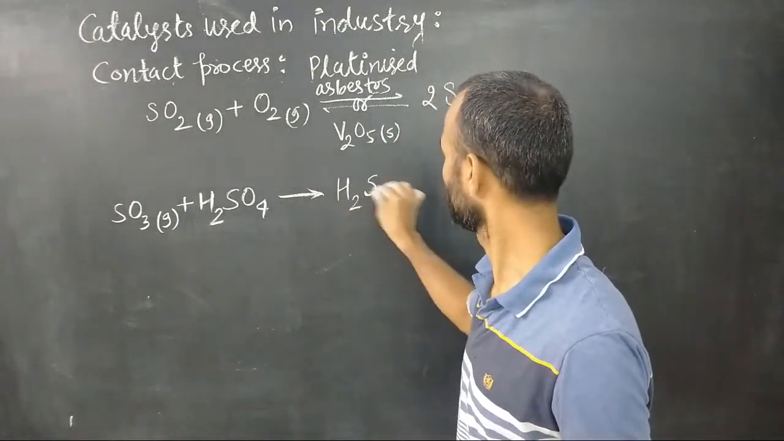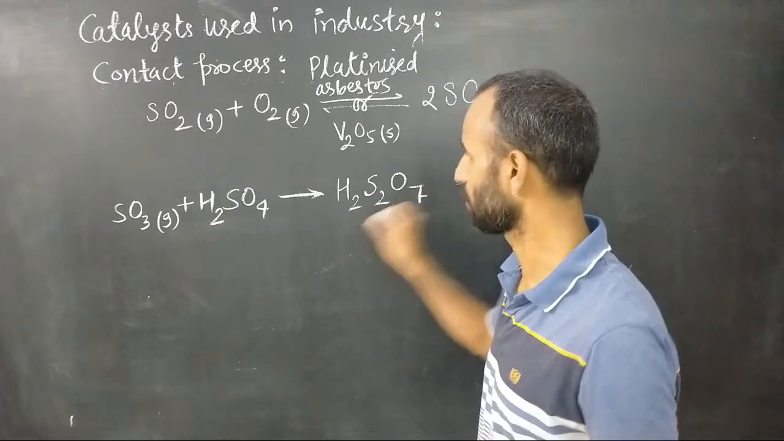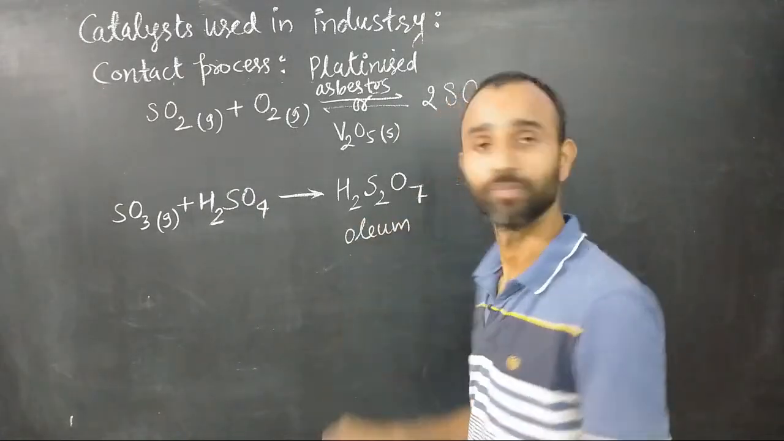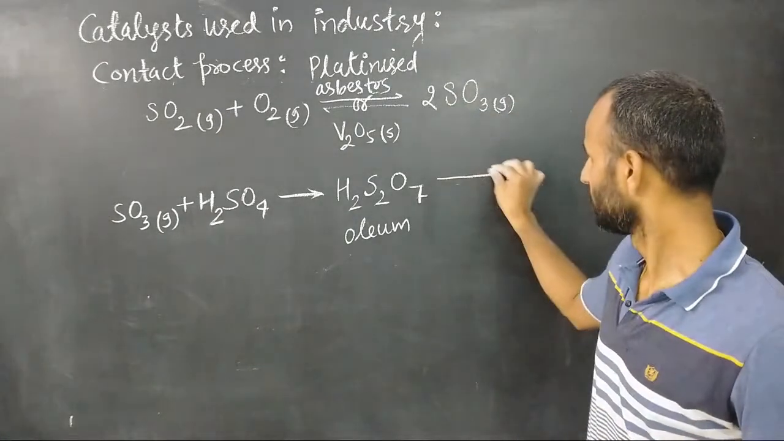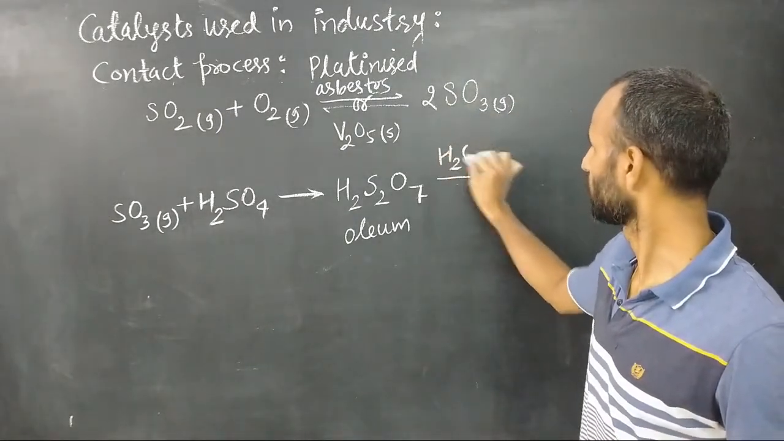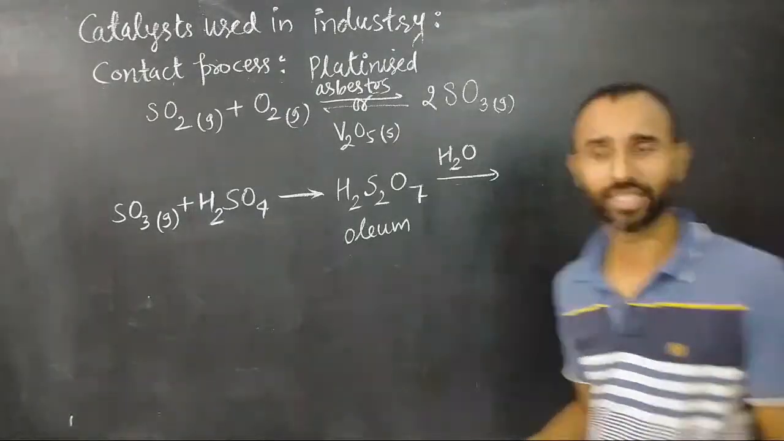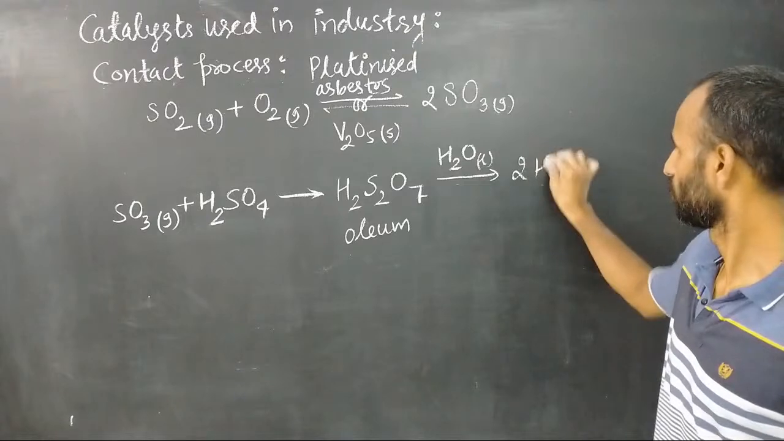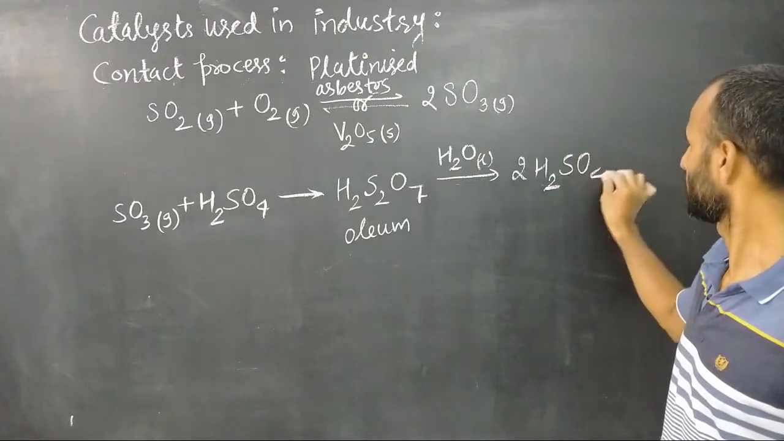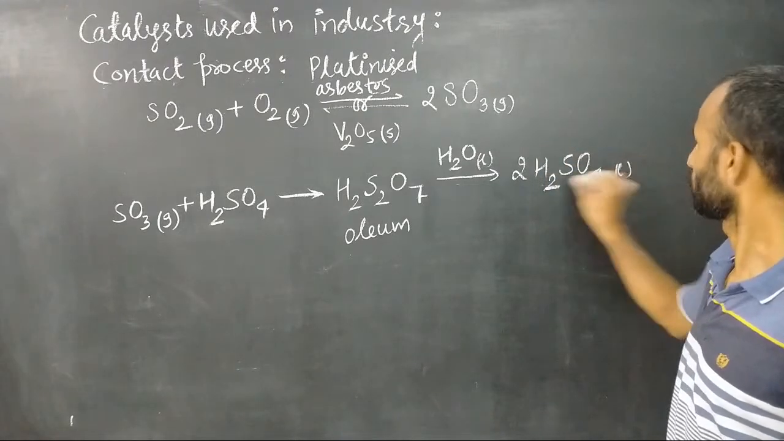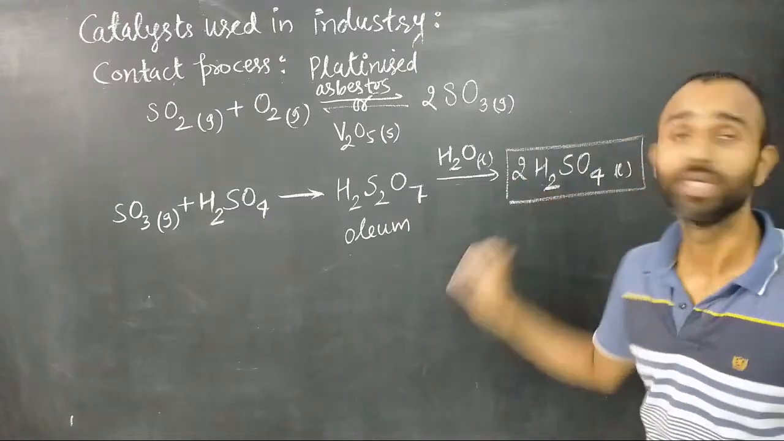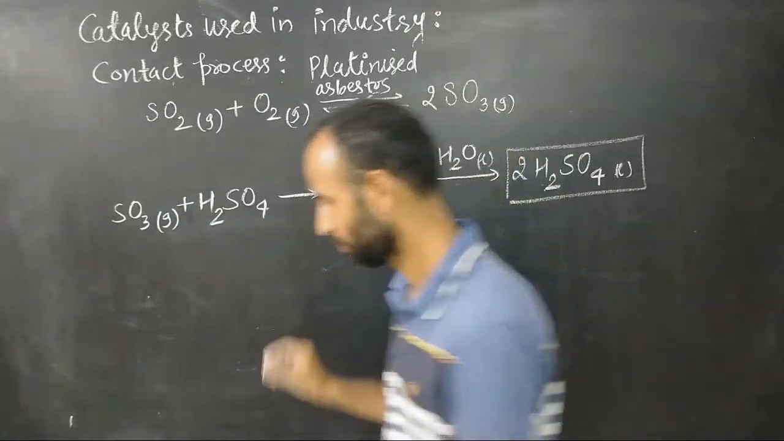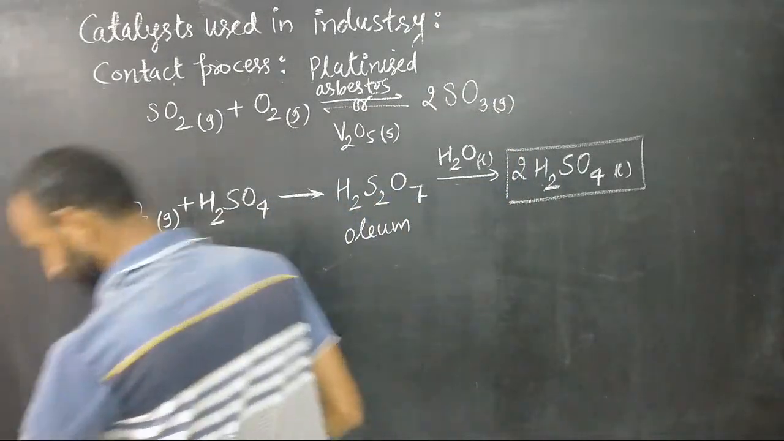ओलियम, H2S2O7, दिस इज कॉल्ड ओलियम। एंड देन उसको फिर हम वाटर में धीरे धीरे डालते जाते हैं ओलियम को। तो दैट इज द प्रोसेस फॉर द फॉर्मेशन ऑफ सल्फ्यूरिक एसिड बाय कॉन्टैक्ट प्रोसेस। ओके, डन।